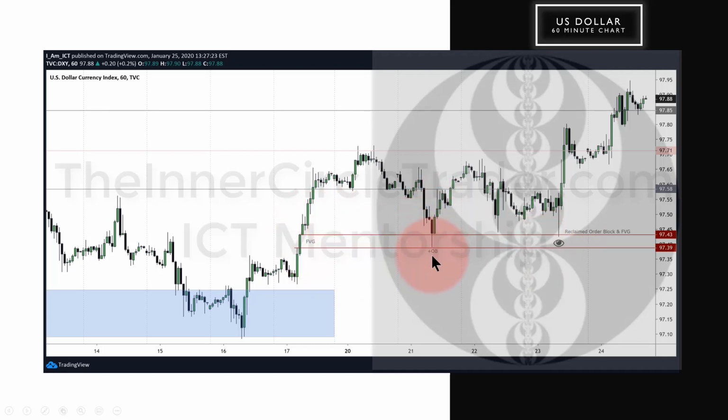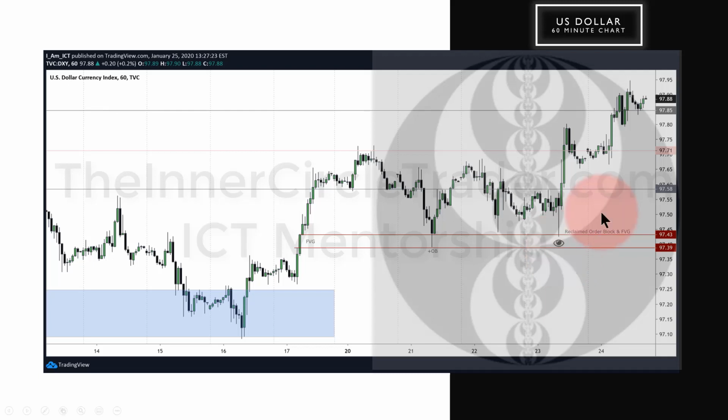Now this becomes what? This fair value gap becomes a balanced price range once price does this. So is it necessary for price to come down to consequent encroachment? No. Is it necessary for it to come all the way down again into the low of the fair value gap? No. Can it? Yes. Is it better if it doesn't? Yes. And that's what I outlined in Wednesday's commentary. And you see it in your charts right now. It happened on Thursday and rolled on into Friday as I outlined.